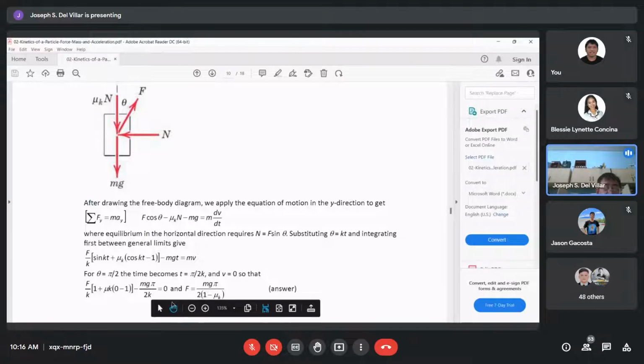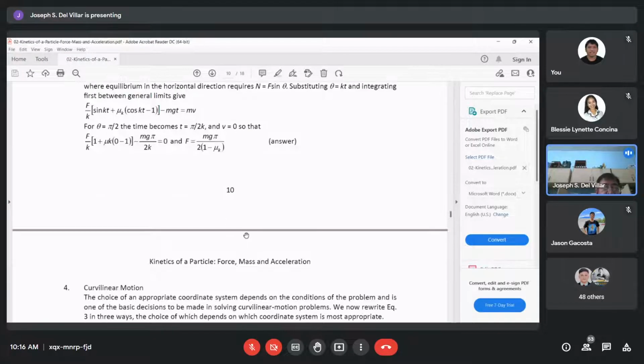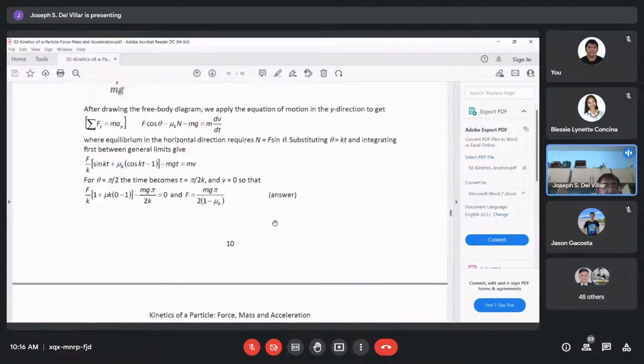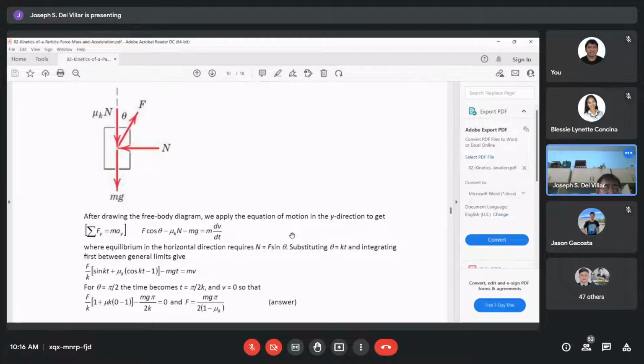Okay? And so on. So dito, ito na yung F is mg pi over 2 times 1 minus mu k. Okay? So yun na yun. Pinapahanap sa atin yung magnitude ng force. Okay? So yung force,